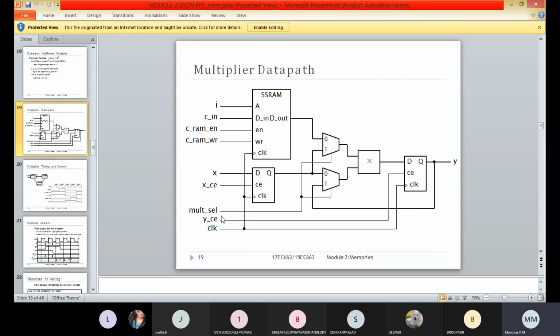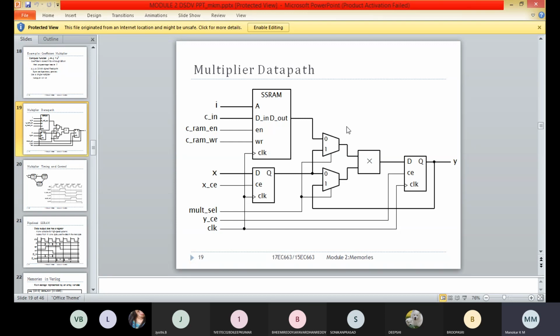When the select line is made 0, out of these two inputs, the multiplier will select the output of this SSRAM, which is nothing but the Ci value. Here we are going to find the Ci value.